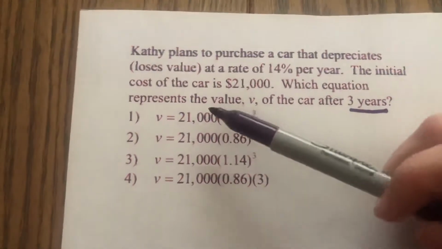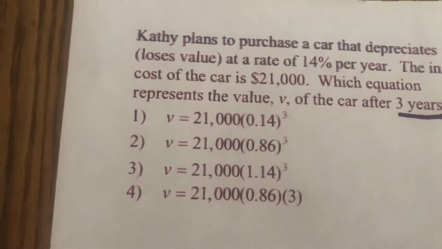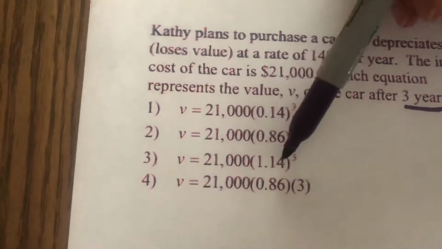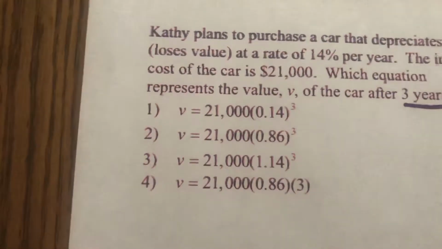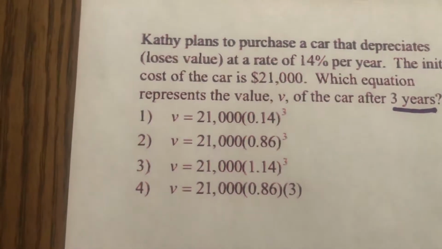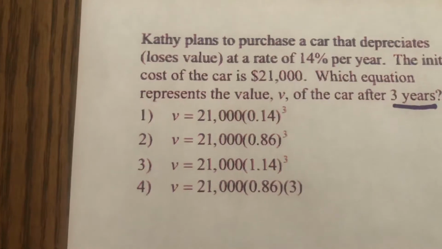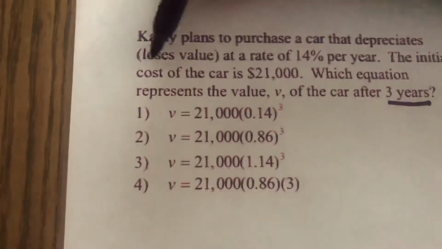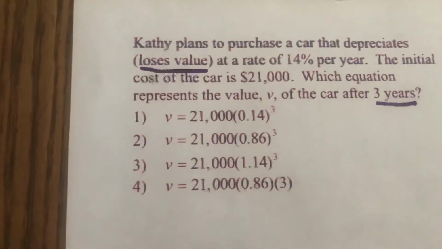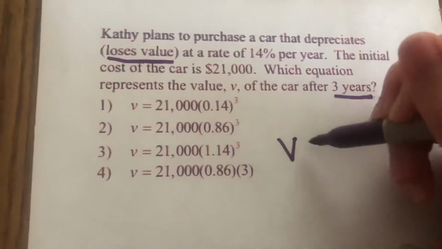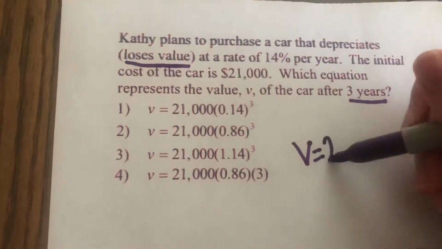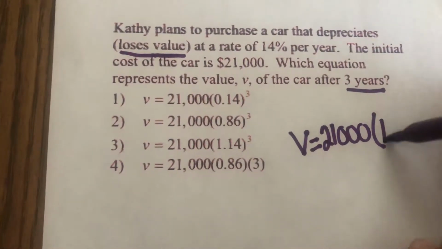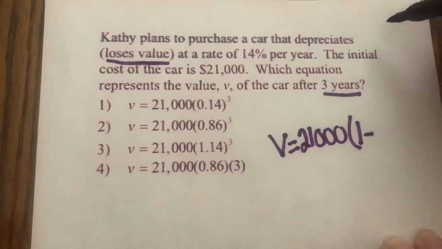Now, let's take a look. They all start off with that 21,000, but we don't see that 1 plus the rate in any of these. We only see numbers. We don't have a 1 plus anything. There's no mathematical symbol. So what that means is they actually already did the operation. So if we were to set this up, we know it's a decay. It tells us that it's losing value, so it's going down. So we would start off with V is equal to, our initial value, that 21,000. We know it's a decay, so it's going to be 1 minus, our rate was 14%. Well, that's going to be